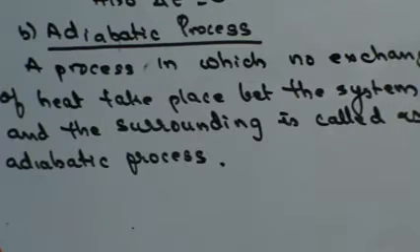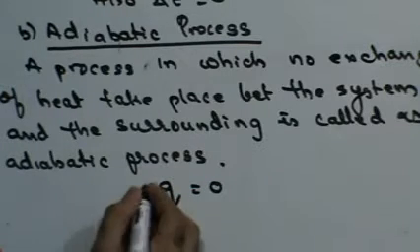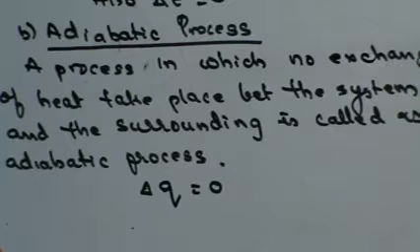Finally, get this thing here. What is an adiabatic process? That means it is a constant heat process. Heat is neither supplied to the system nor removed from the system. That means for such a system, the system should be thermally isolated. It's only in the case of a thermally isolated system that you can have an adiabatic process. In such a system, Q is 0, or delta Q is 0, right?